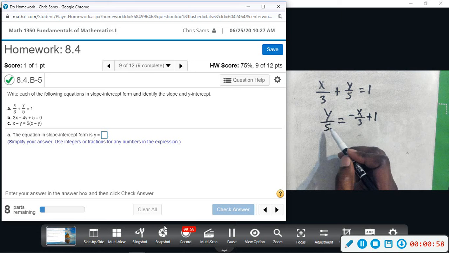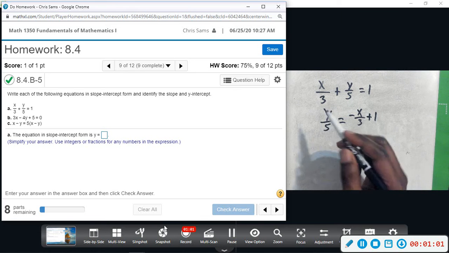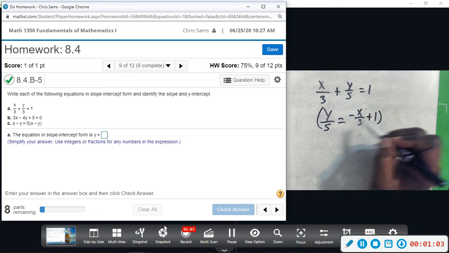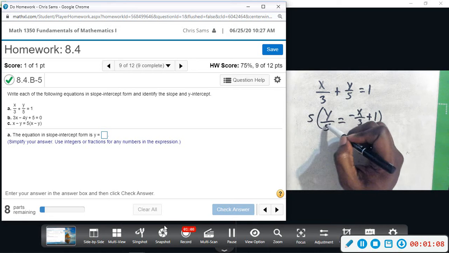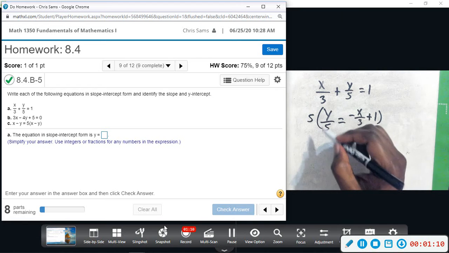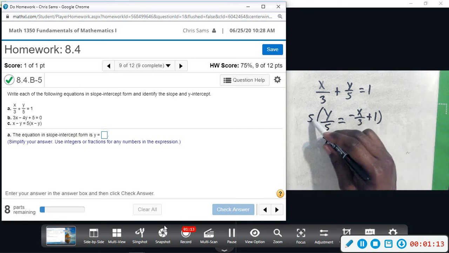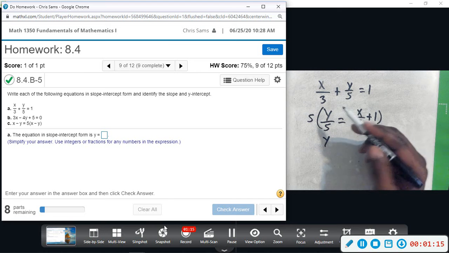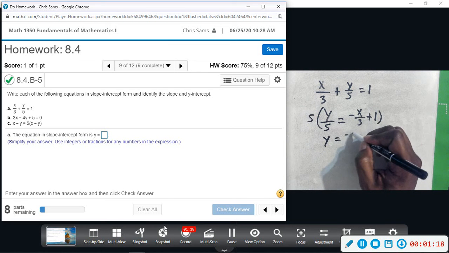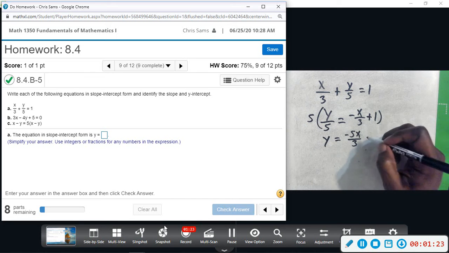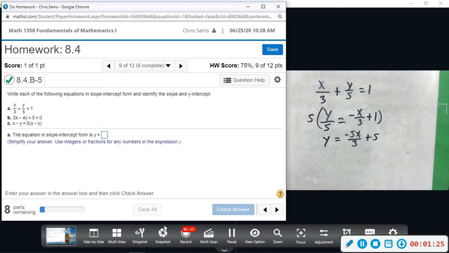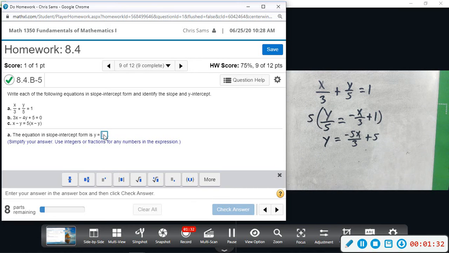So now all I need to do is get rid of this division by 5. And we get rid of division by multiplying. So I'm going to multiply by 5 and everything will get multiplied. So when I multiply this by 5, it will cancel out the division, and that will leave us with y. Multiply this by 5, it only multiplies the top. Okay, so this will give us negative 5x divided by 3, and then 5 times the 1 will give us a positive 5. Okay, so our equation in slope-intercept form is negative 5 over 3